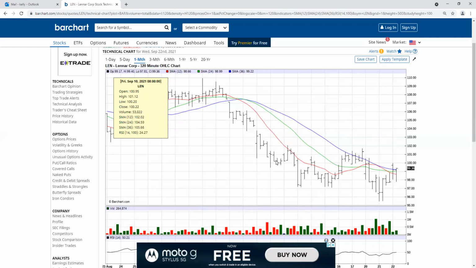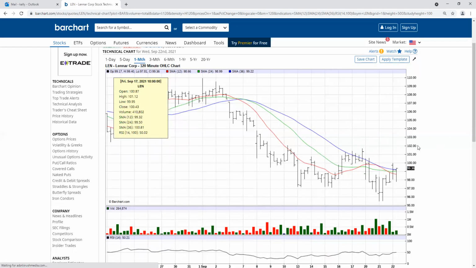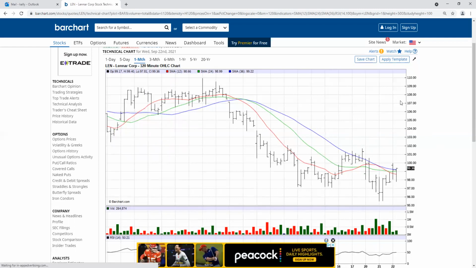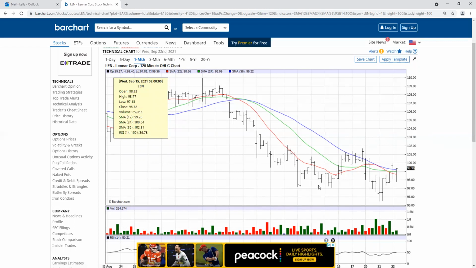And it might even be forming a head and shoulders bottom. There's your shoulder, there's your head. Maybe it comes up to here, comes back down a little bit, and maybe sometime in Q4, we break the neckline of 102, and then we fill in up here. Again, this is an area where the demographics of the demand for homes looking forward is still going to be pretty good, many people think.